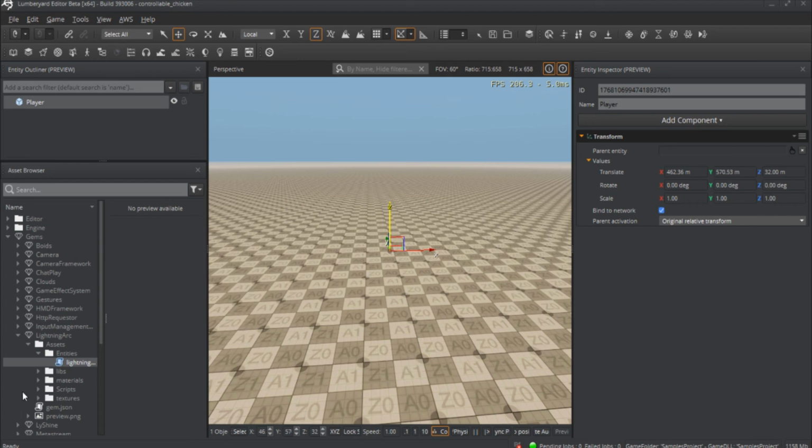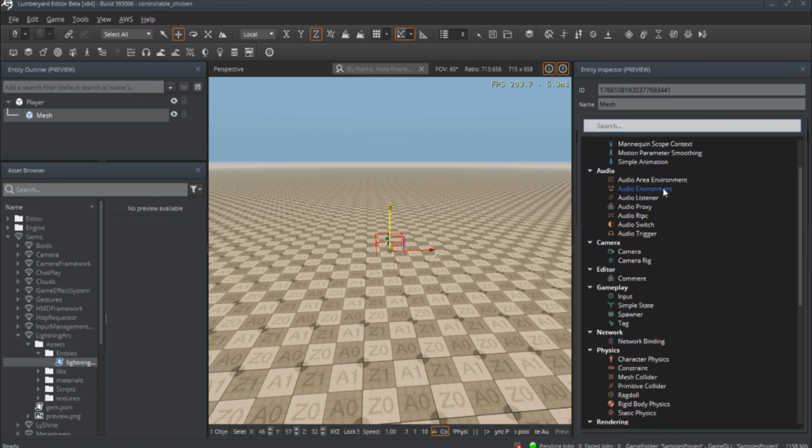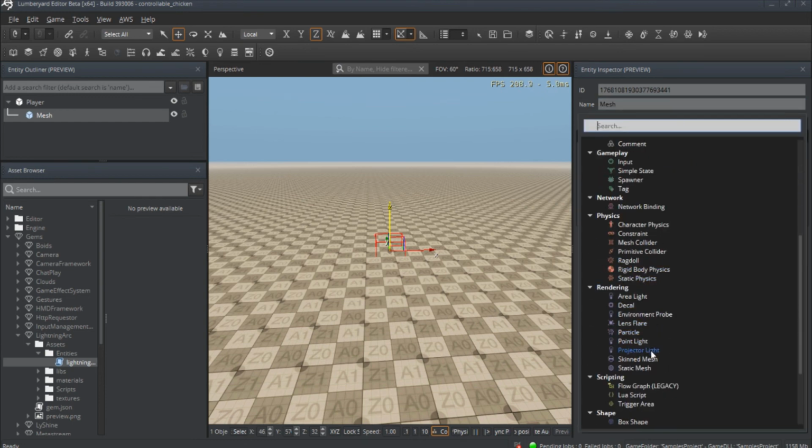So let's go ahead and right click on player, create child entity, and it gives us a drop down. So entity 2. We want to call this the mesh. Now you can call it whatever you want, but I'm going to keep it simple, call it the mesh. And with this, we're going to add a component. We want to get the skinned mesh,